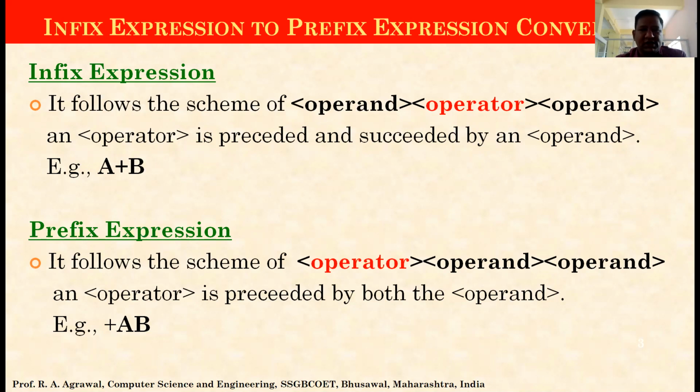Talking about it once again, in an infix expression, the position of the mathematical operator is placed between the two operands. And in a prefix expression, the position of the mathematical operator will be before the two operands. So now we shall see how this conversion of infix expression to prefix expression works. It is recommended that we use this expression as an application of stack. So we have to write an algorithm definitely by using stack.